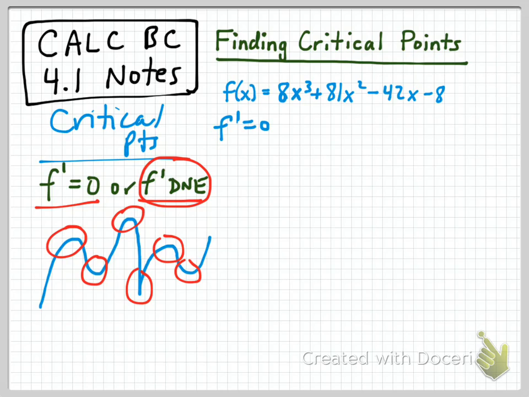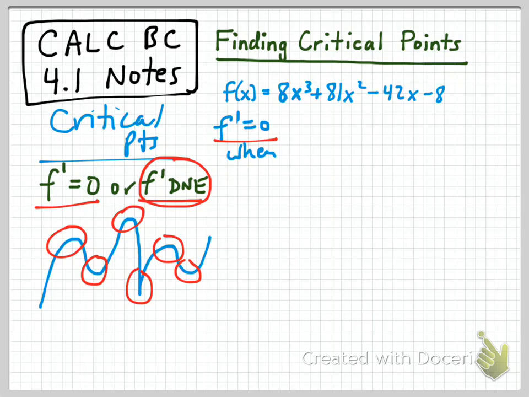Okay, but in my next example, we will look at a function that does have a spot along the way where f prime does not exist. But anyway, I just want to make mention of that. F prime equals 0 when,